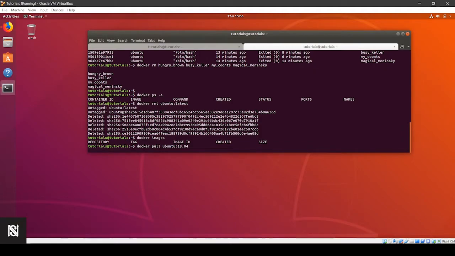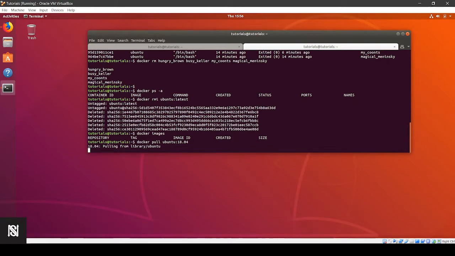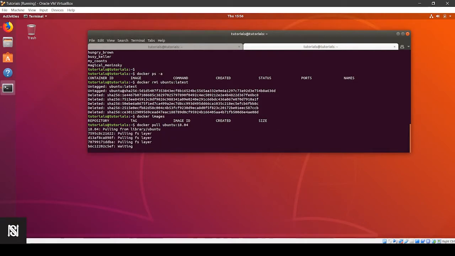One great thing about Docker is, suppose you want to run an image and you don't have that image, then if I had done docker run ubuntu 18.04, it would have looked in the local system, found that there were no Ubuntu 18.04 images available, and pulled it from the Docker Hub.